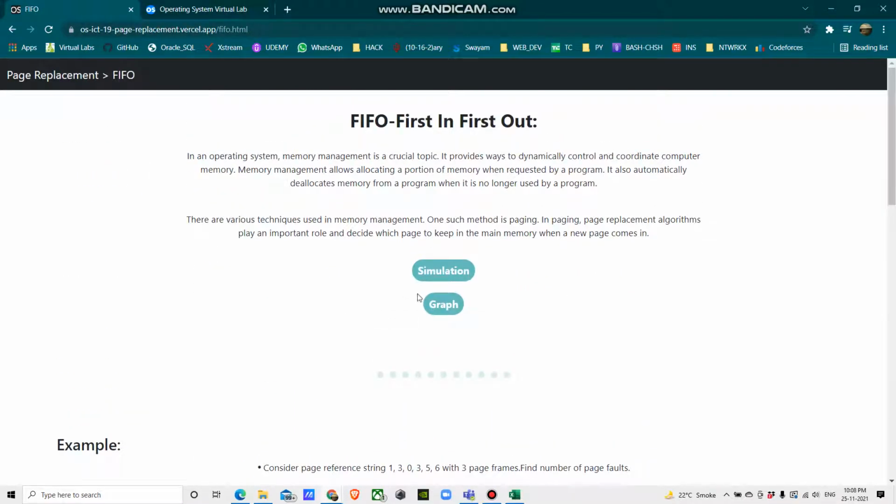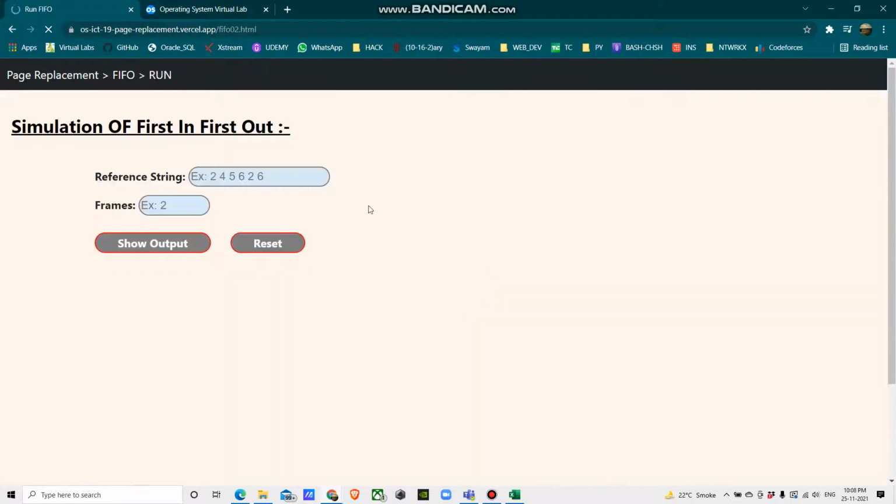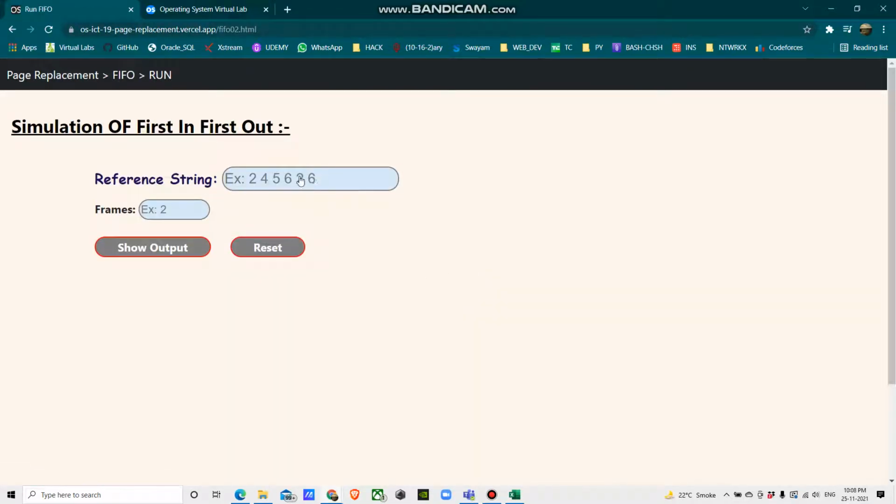So let's start the simulation part. In simulation, if we click here, then we have to enter this reference string that we usually give to OS, means operating system. Operating system generally takes it. So we have to enter it having space between each and every character, and the character should be in digit only.